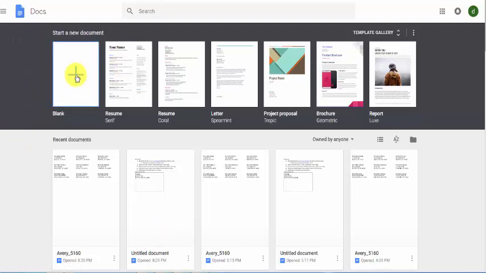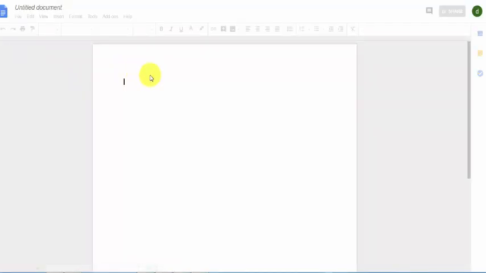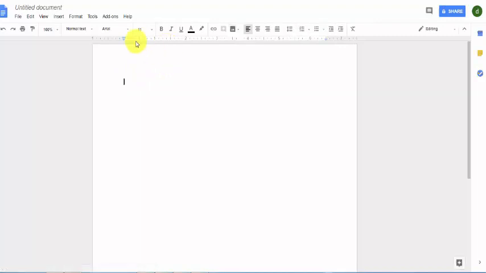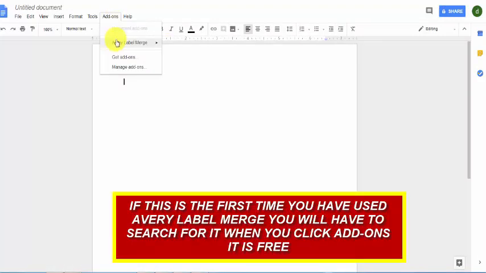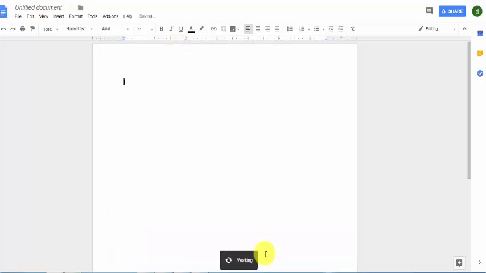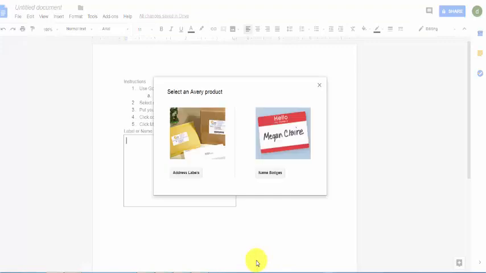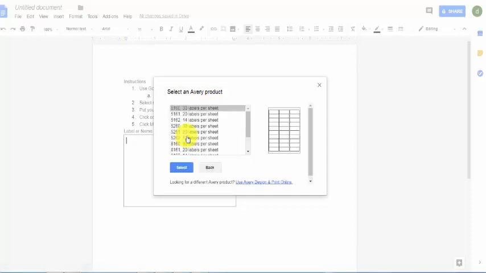And with Google Docs, here's a blank sheet. We open that up, and what we like to do now is click on Add-ons, and you'll notice we have Avery Label Merge. Well, we've already done that one time, so it's currently on there. I'm going to click on New Merge, and you'll notice at the bottom of the page it says Working. Now it says, which product do you want? I'm going to say Address Labels, and I want Avery 5160, 30 labels per sheet. And I'm going to hit Select,